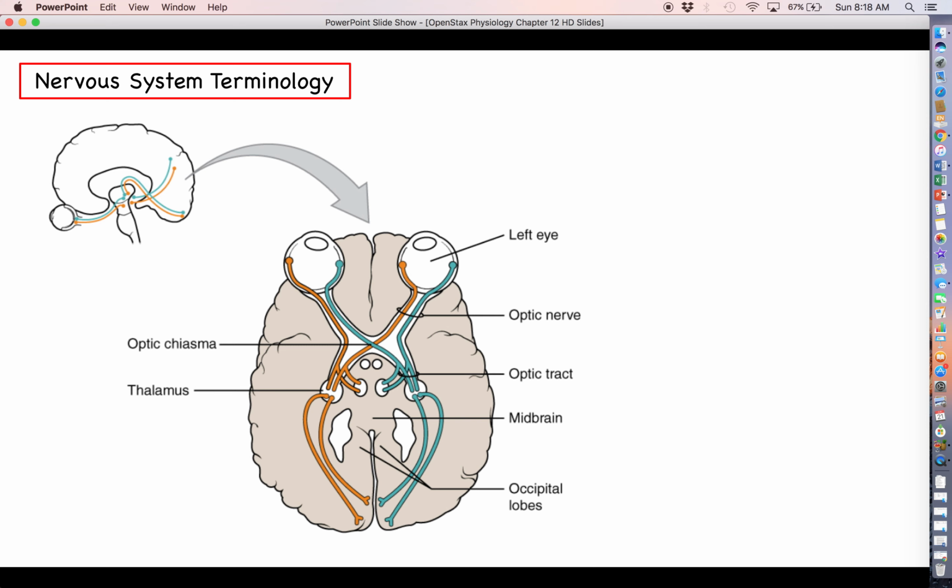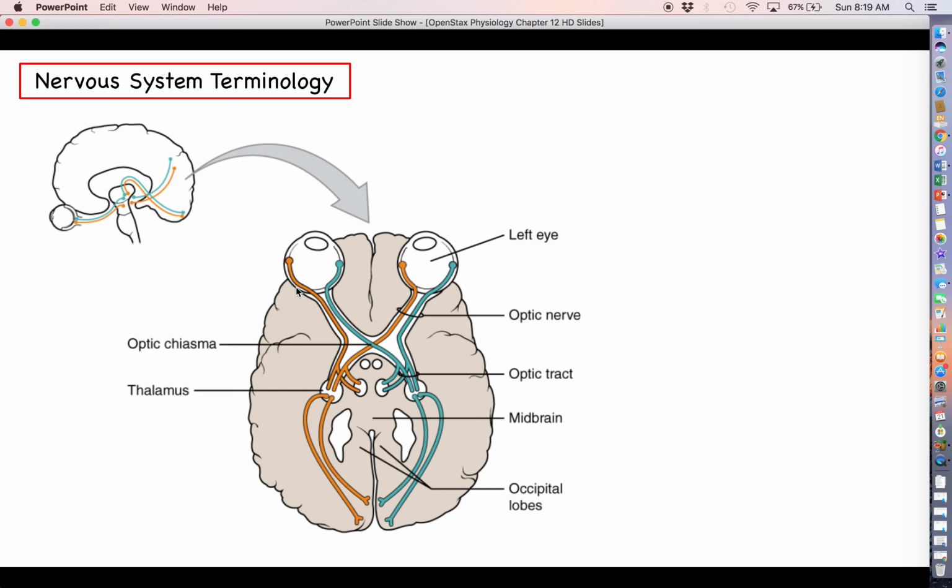All you need to focus on here is follow the pathway of information. So here are your eyes. There's your left eye. There's your right eye. I guess I should correct myself. If this is the left eye, this is not a bird's eye view. This is actually a bottom-up view, so pardon me. So if this is your left eye and that's your right eye,